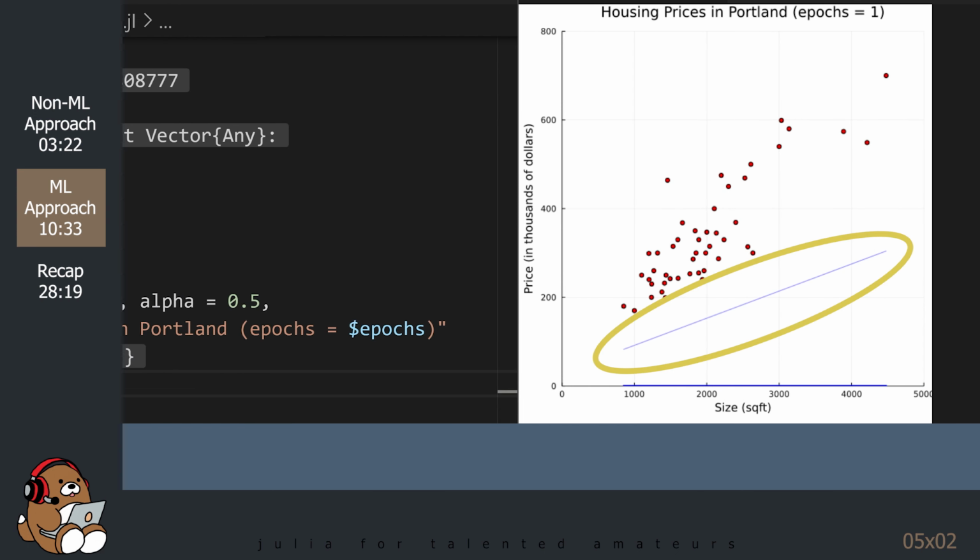You should see a new blue line on your plot showing the latest estimate using the new values of theta 0 and theta 1. It's a big improvement from the initial horizontal line along the x-axis, but it's still pretty far away from the actual data points. This is a good time to point out that this is an iterative process, so your computer will need to repeat these steps in order to continue to improve.